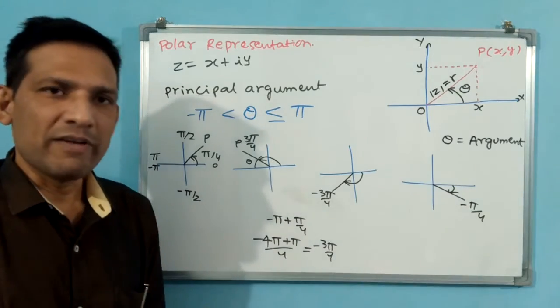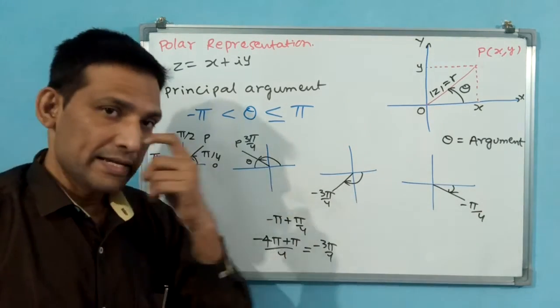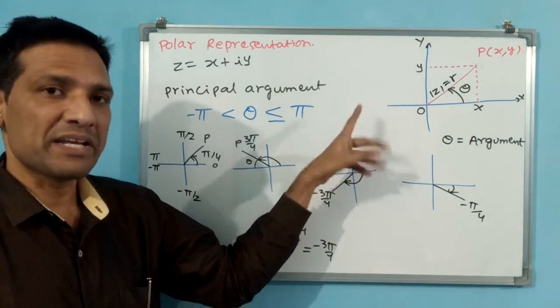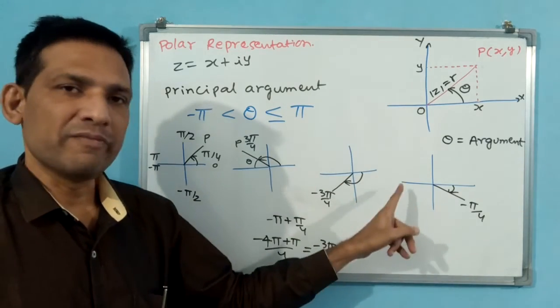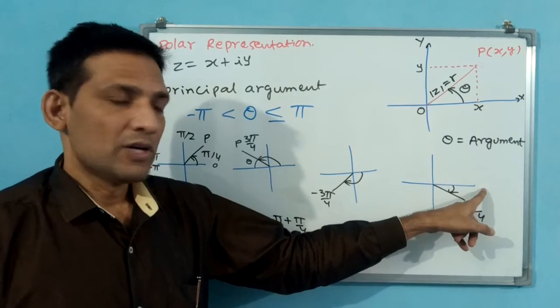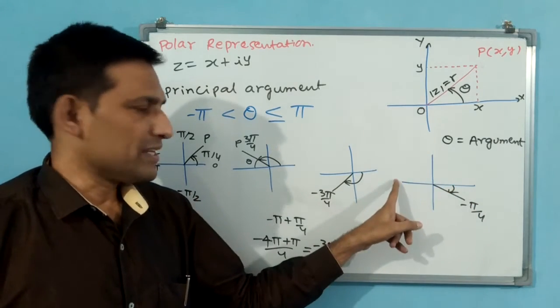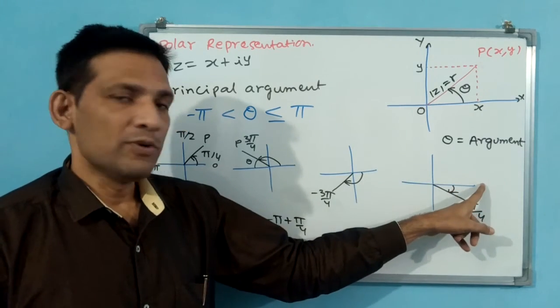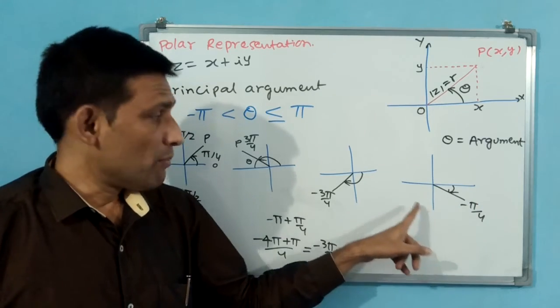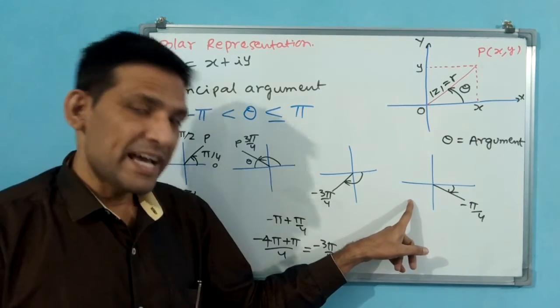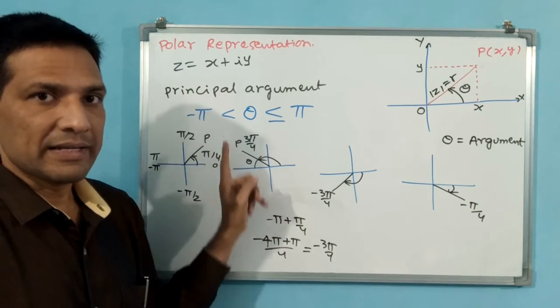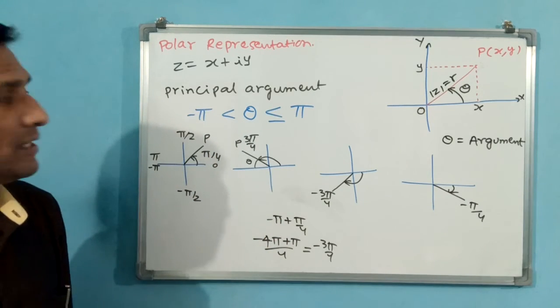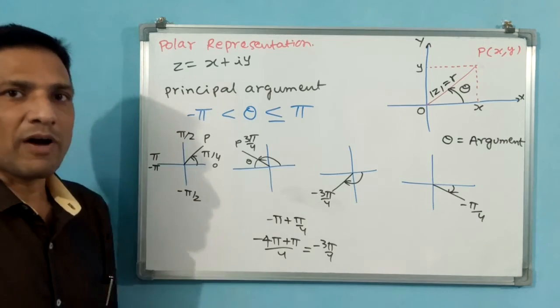See, 0, you don't have any doubt. 0 means 0 only angle. 0 doesn't represent either minus or positive, negative or positive. 0 will be neutral in between. 0, plus pi by 2, plus pi. 0, minus pi by 2, but not minus pi, less than minus pi, because equal to is not there. Like that you have to take these values. These are called principal argument.